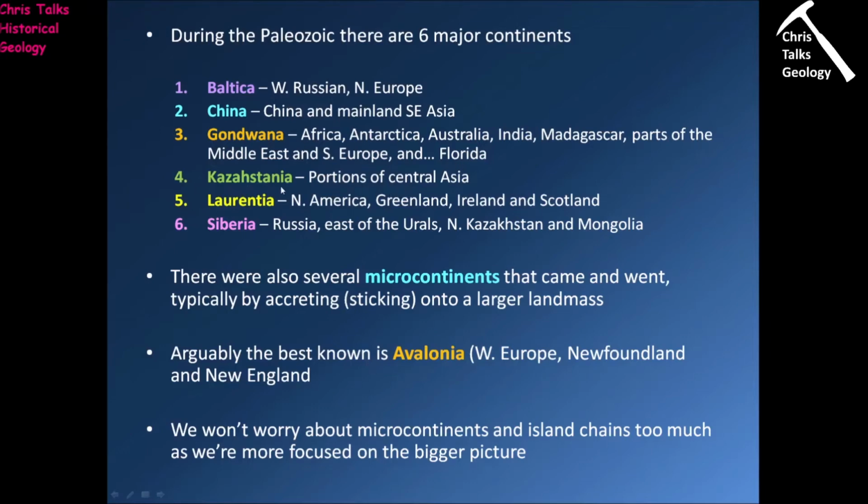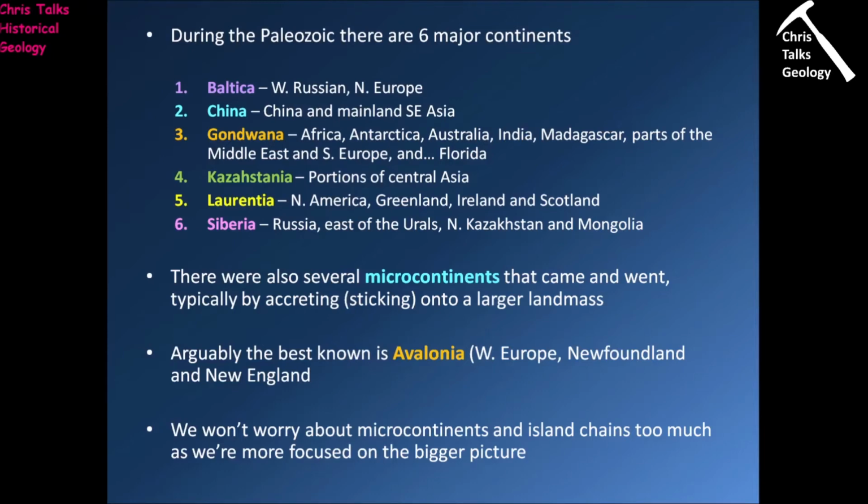There's Kazakhstania, which consists of portions of Central Asia. There's Laurentia, which consists of North America, Greenland, Ireland and Scotland. And there's Siberia, which consists of parts of Russia east of the Urals, bits of northern Kazakhstan and Mongolia. And so these are the larger pieces of continental crust that are moving around on the surface of the Earth